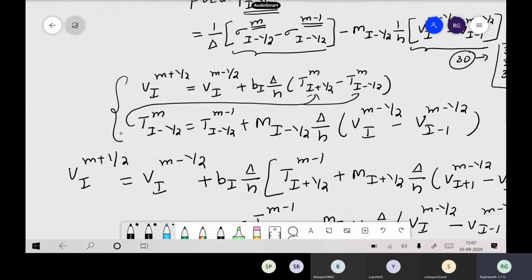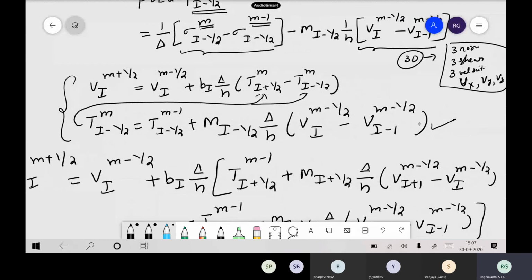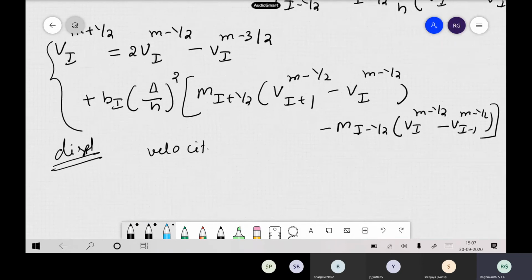But you have to do it at each time point and spatial instance. So first you find the stress, then you update here, then you run here, in an iterative fashion. You have to run these equations, or you can run everything in one go. You just write everything in terms of velocities, use a time marching scheme, and get our solutions. So this is how it works, you followed, right? We can do this with the finite difference scheme, and this is where the staggered scheme comes into the picture.